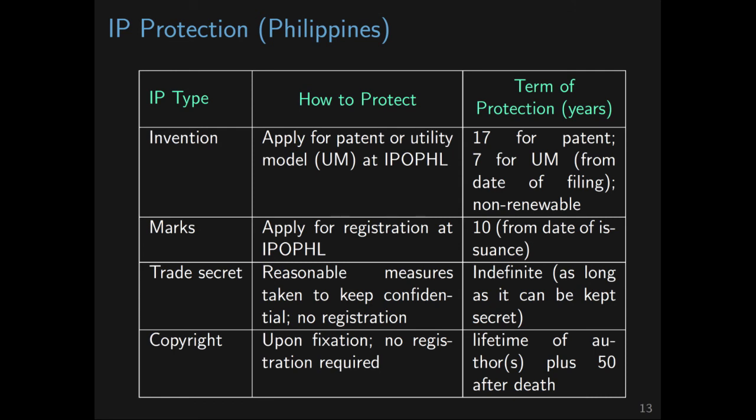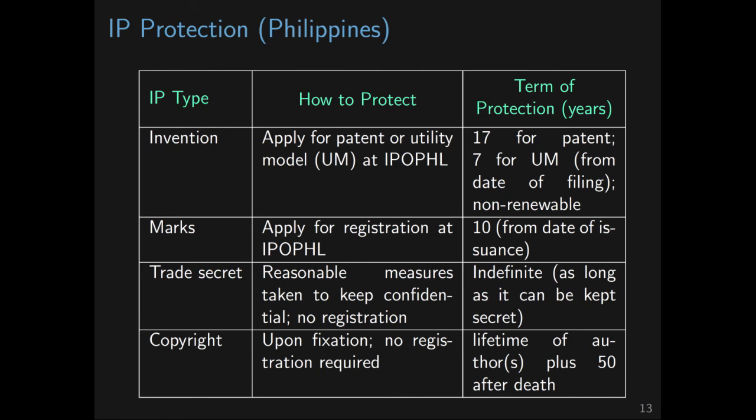Copyrights are also not registered, but in the case of copyrights, they are automatically protected upon fixation. Now, what this means is once the work is put on some media, then copyright is already applicable to the work. So an example of a medium is paper. So once you put down something on paper, whether it is a letter, a book, the lyrics of a song, it is already copyrighted. And you don't need to register it at any office for the copyright to be